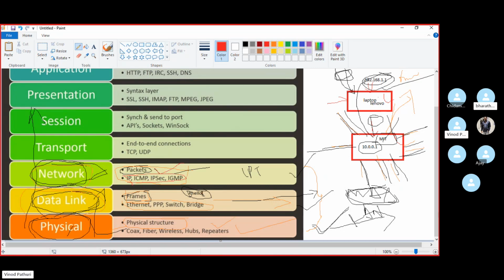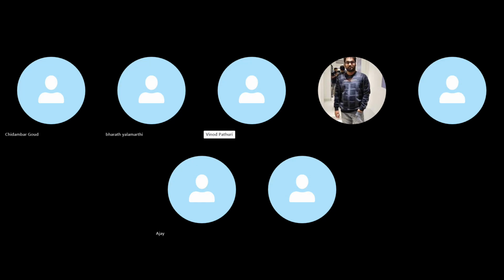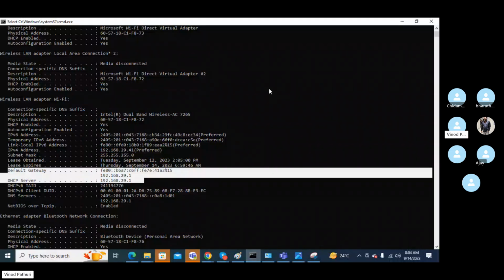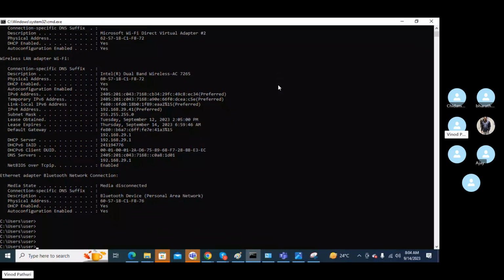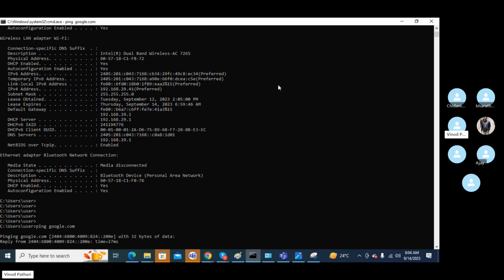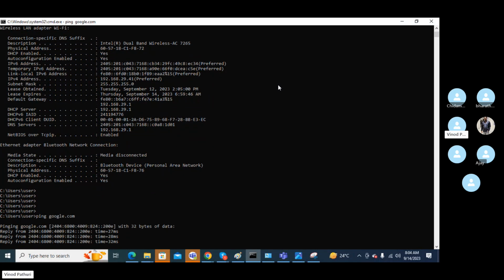ICMP means the ping. Suppose I want to see whether I am able to reach Google or not from my machine, I'll give ping google.com. I'm getting a response.